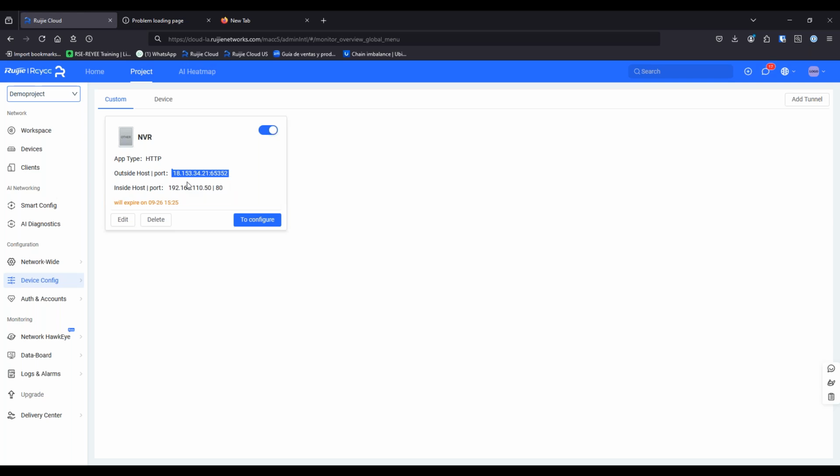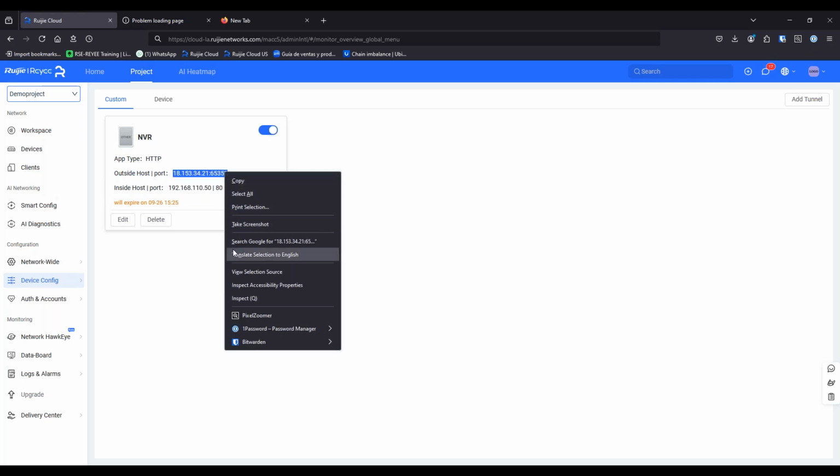It allows us to access our device over the internet with a public IP address that doesn't belong to us. This belongs to Reyee, and it says 18.153.34.21 with this ephemeral port. So as soon as I copy this into a new tab in a browser,